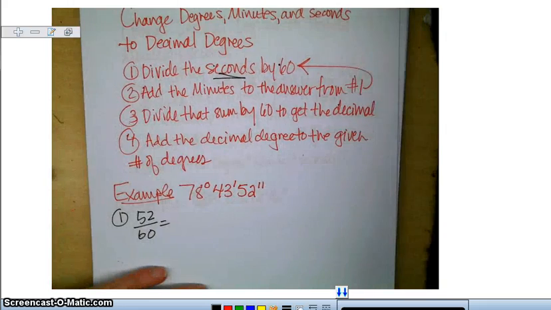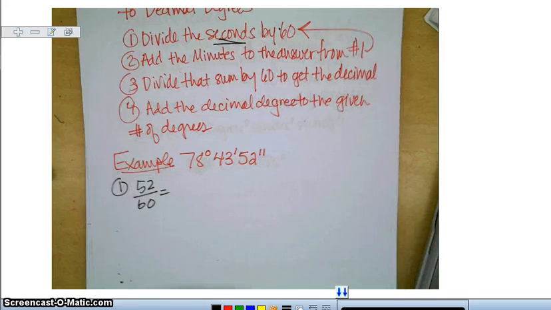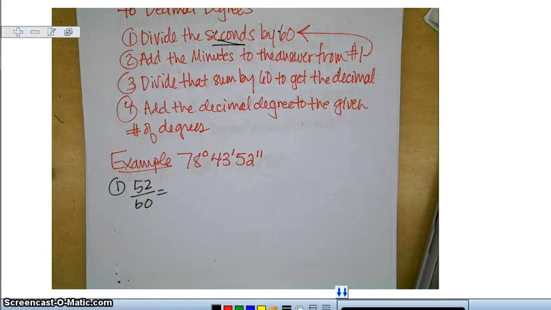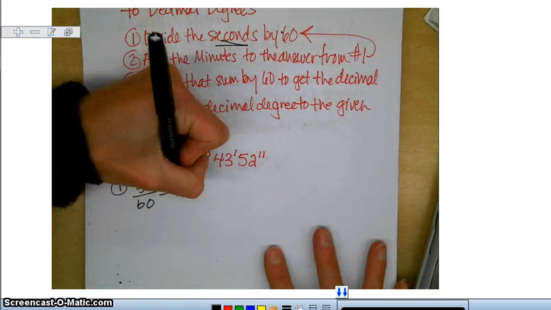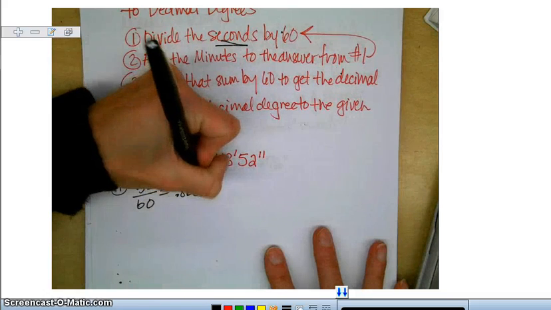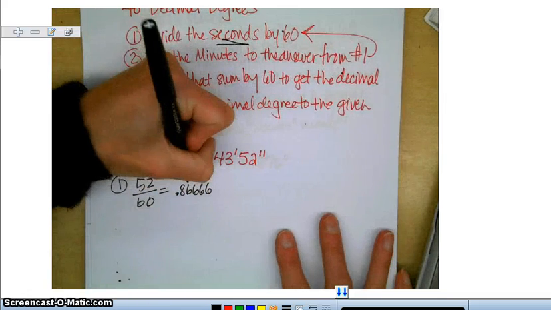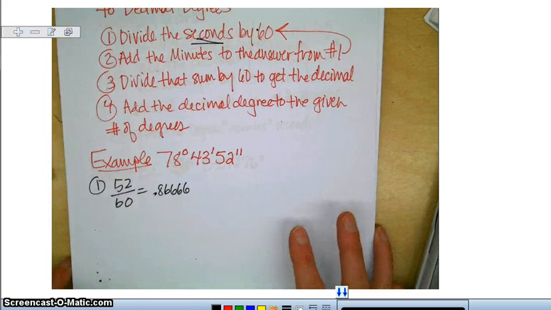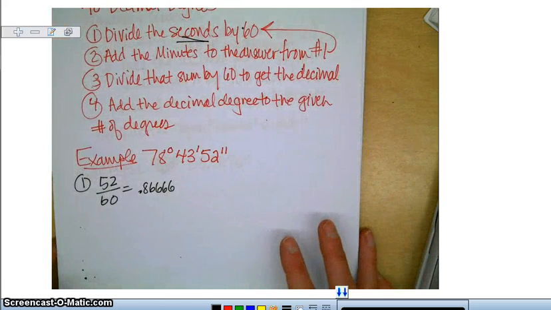I'm going to do that on a calculator. So 52 divided by 60 is equal to 0.86666. It looks like just 86 repeating. Okay, so now what I'm going to do,